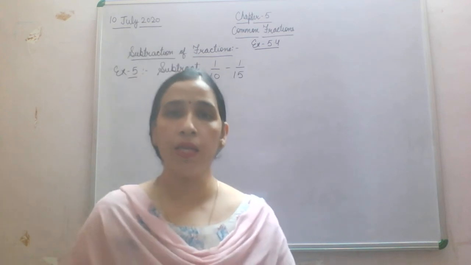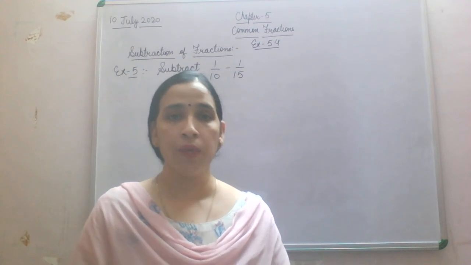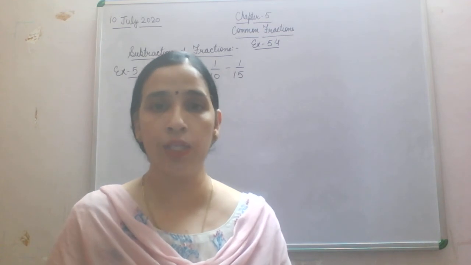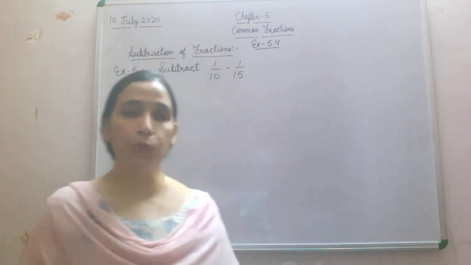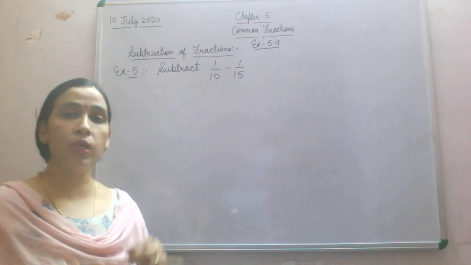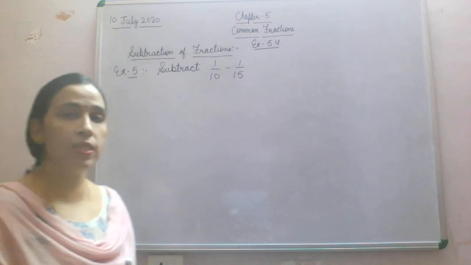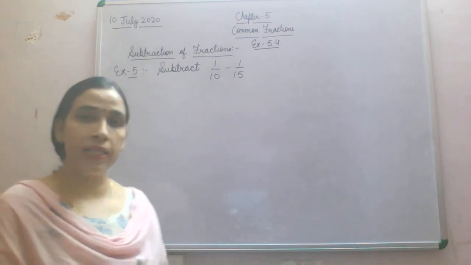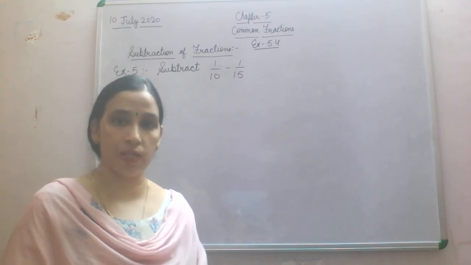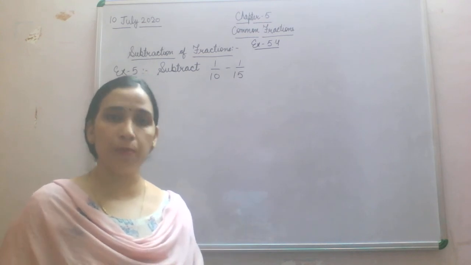So children, before we start with the question related to subtraction of unit fraction, I'll help you to revise the steps which we have followed in addition. That is, first of all, in unit fraction you are supposed to find the LCM of the denominator. Whichever two denominators have been given to you, you have to find the LCM of those denominators. And after finding the LCM, you have to change the given unit fractions into like fractions. After that, you are going to do the subtraction.